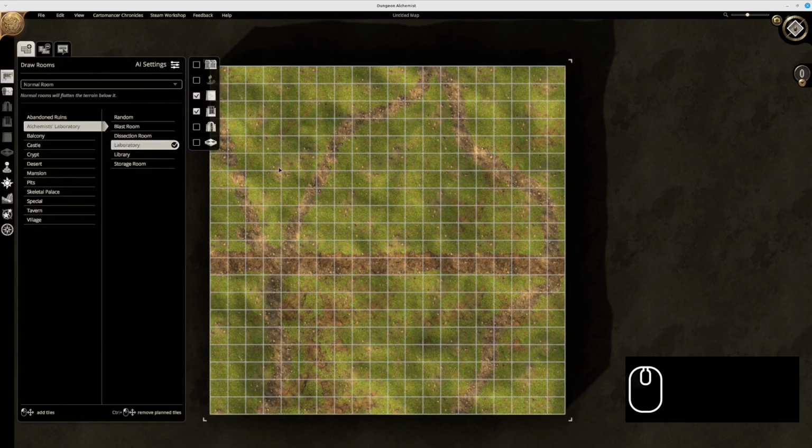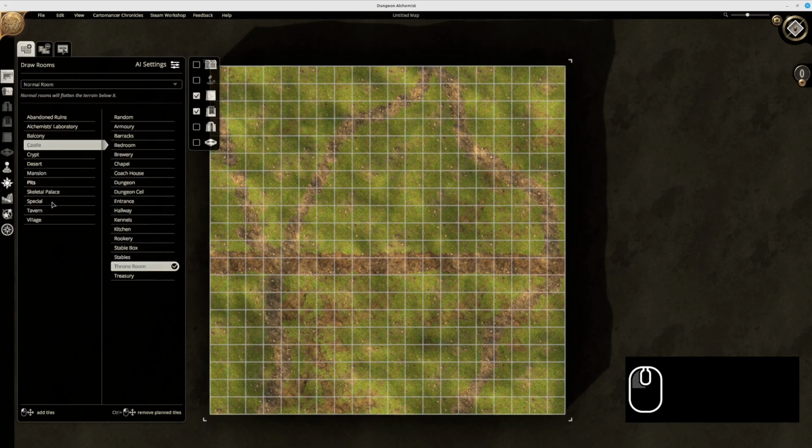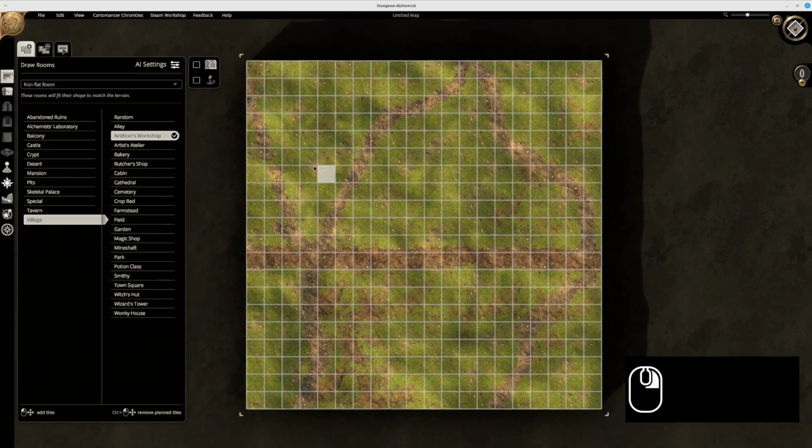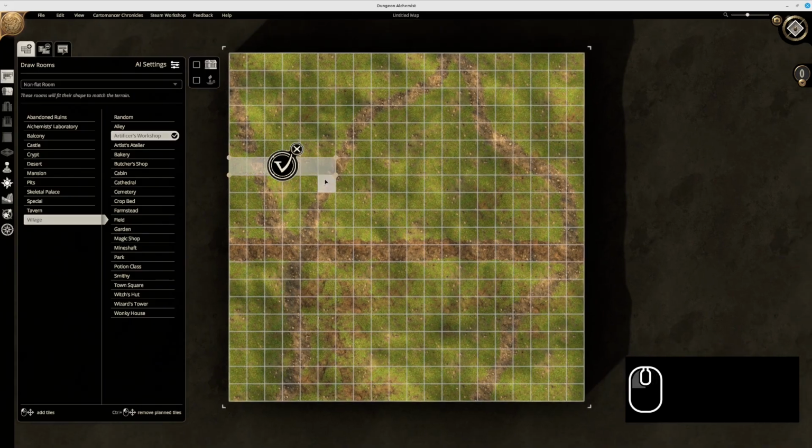But say I wanted a more rigid sort of path, one that I've designed and I don't have to try and stay inside the grid lines with my paintbrush. You can actually use any of these selections in the room menu option. Turn everything off. Go to the top where it says normal room. Choose non-flat room. Now we can make a path of our choosing